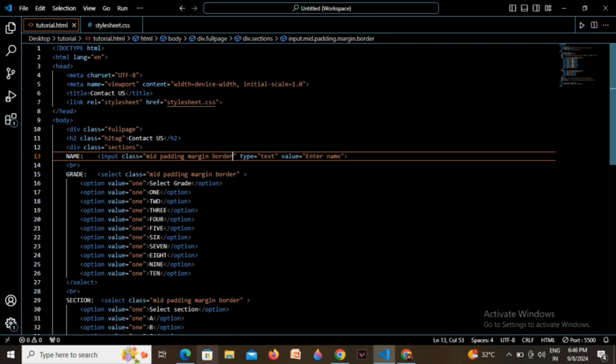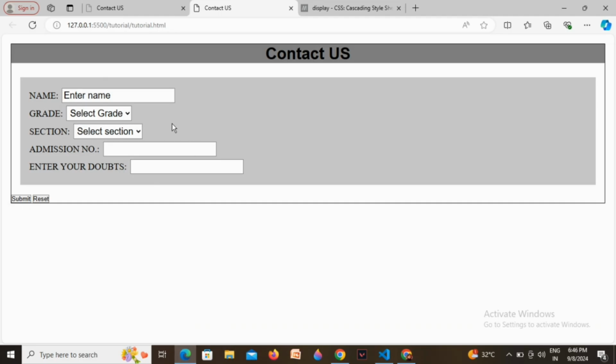Let's save it and see. We got a very decent border around these things as well.